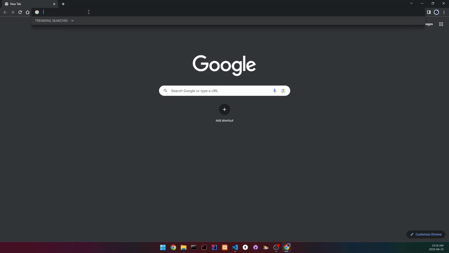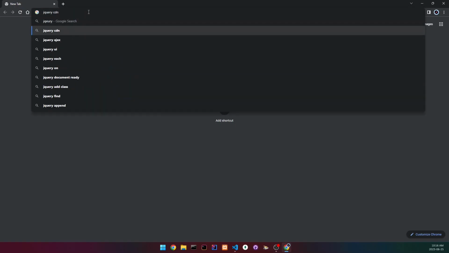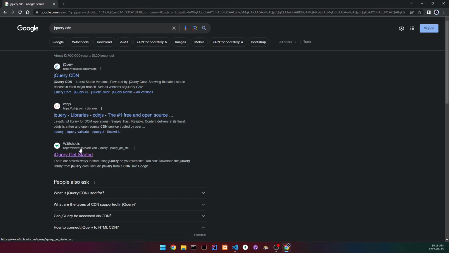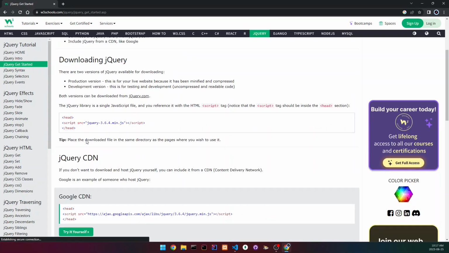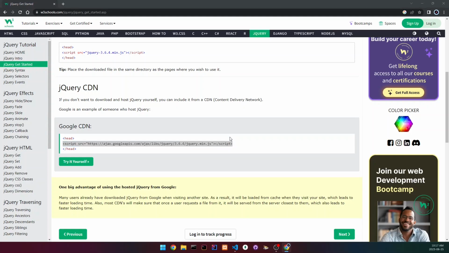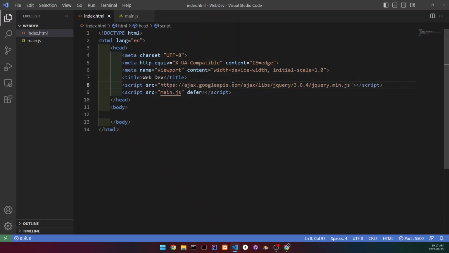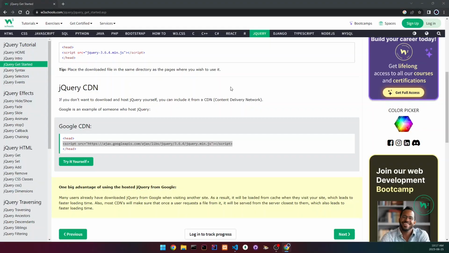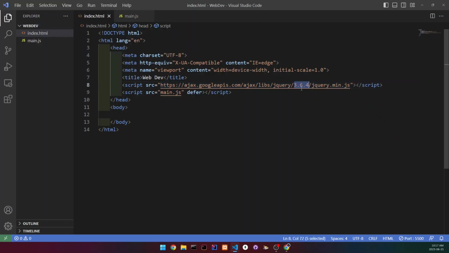But open a web browser and search up jQuery CDN, and there's going to be three websites that pop up. So the first three, and we're going to go to the third one, which is going to be by W3 Schools. So click on it, scroll down until you find jQuery CDN and then the Google CDN. What we're going to do now is copy the script, and then we're going to paste it in the head, so here. And because this is not going to be the latest version, what I'm going to do is change it to that. So in my case, it's going to be